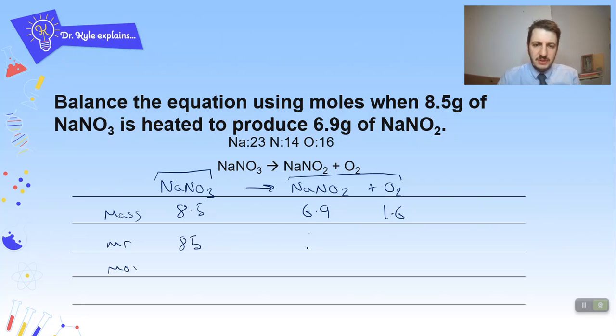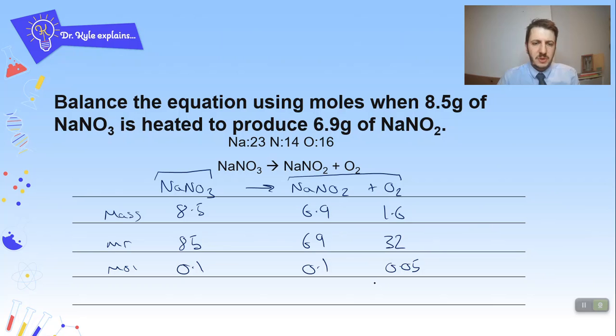Sodium nitrite is going to be 69, and oxygen is going to be 32. So working out the moles then, mass divided by Mr equals my moles. So I'm going to work this one out, that's going to be 0.1 moles. This one is also going to be 0.1 moles, and then 1.6 divided by 32 is going to be 0.05